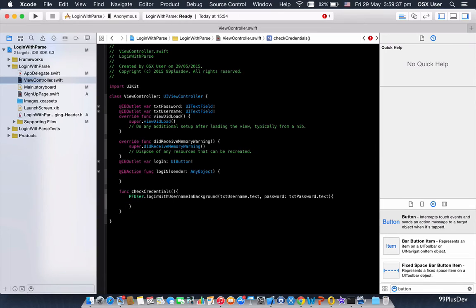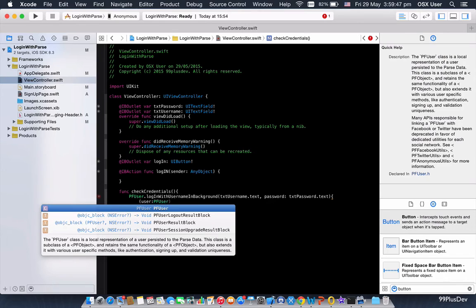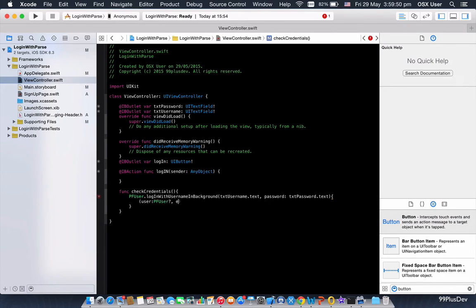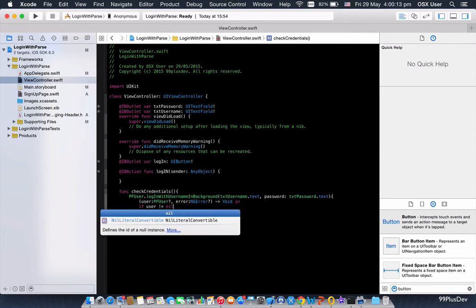And now what we need to do is set the user to PFUser and set the error to NSError, like that. And we need to set a void. It's like a function for what happens if the username is correct or if it's wrong. So let's say if user doesn't equal to nil,